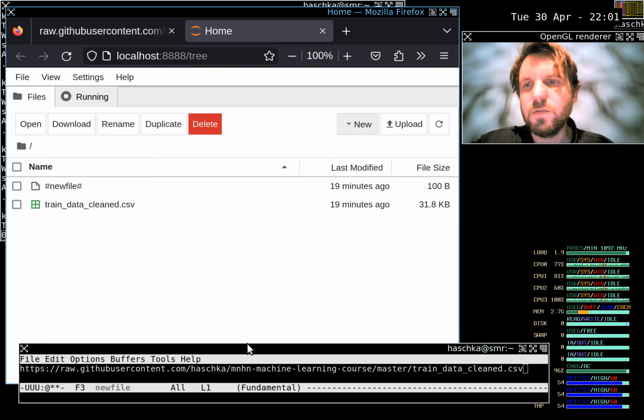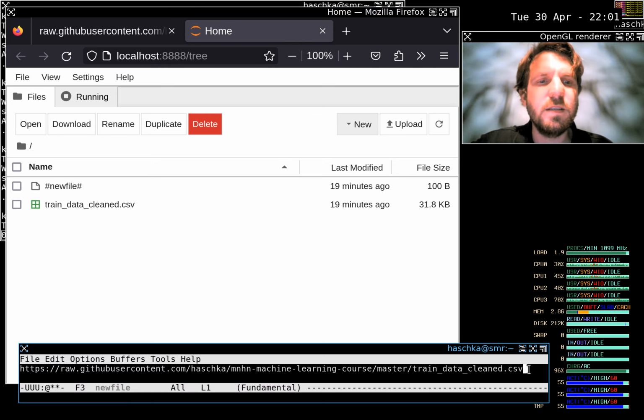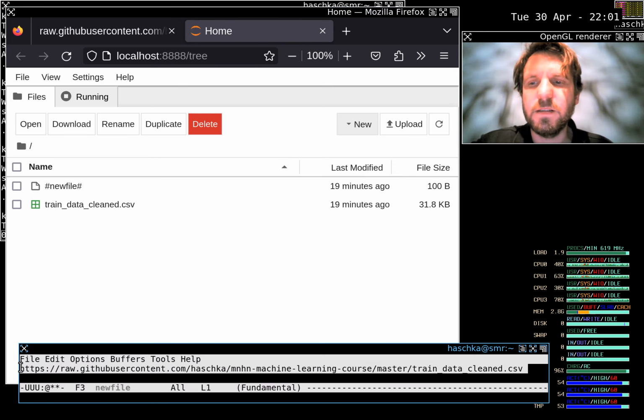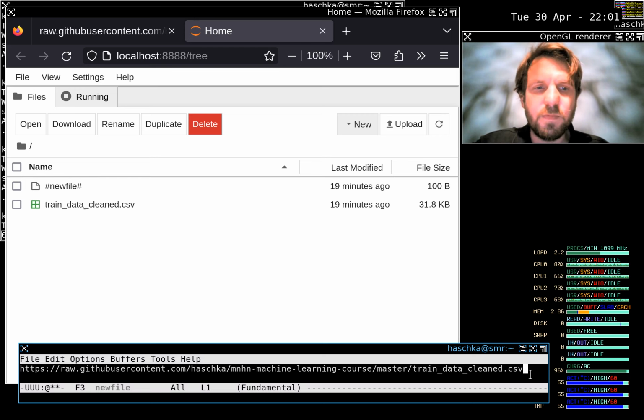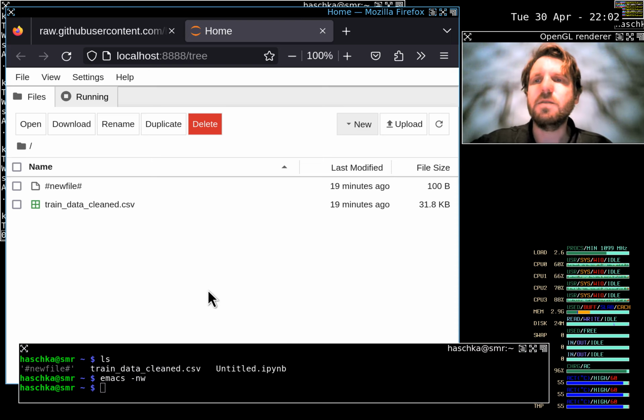So in order to do this, we need basically the clean data set that we have from the Python data cleaning session. The clean data set, you find it in the URL outlined below here. We don't need this anymore. You can pause the video here, copy paste this. It will probably also be in the description of the video. I will close this here right now. And then we start with our new